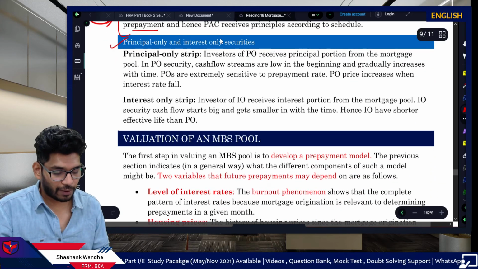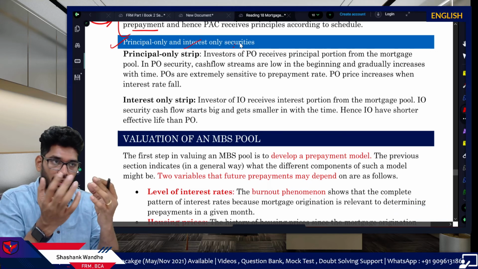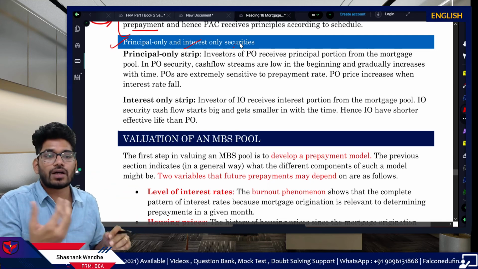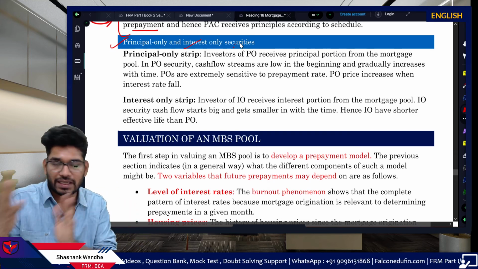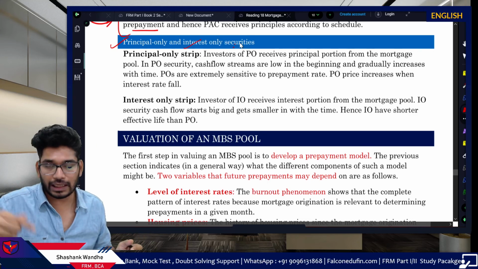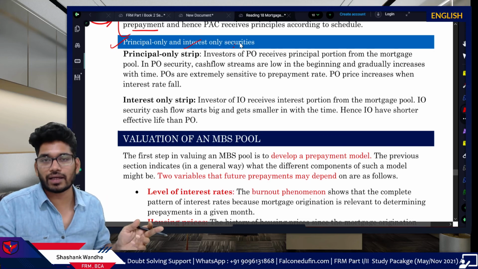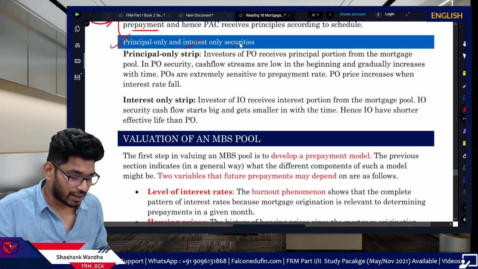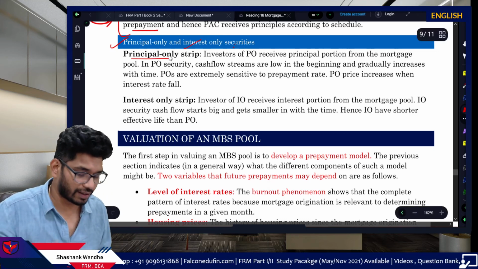Then you have principal only securities and interest only securities. So we discussed, right? So in pass through, complete principal and interest is transferred to the investor. So that particular pool or SPV can create two types of securities, principal only and interest only. So some investors will receive their income or the return or the coupon based on the principal payments, and others can receive on the interest only category. Okay, so that your EMI will be split into two parts. So principal only securities, and what happens in